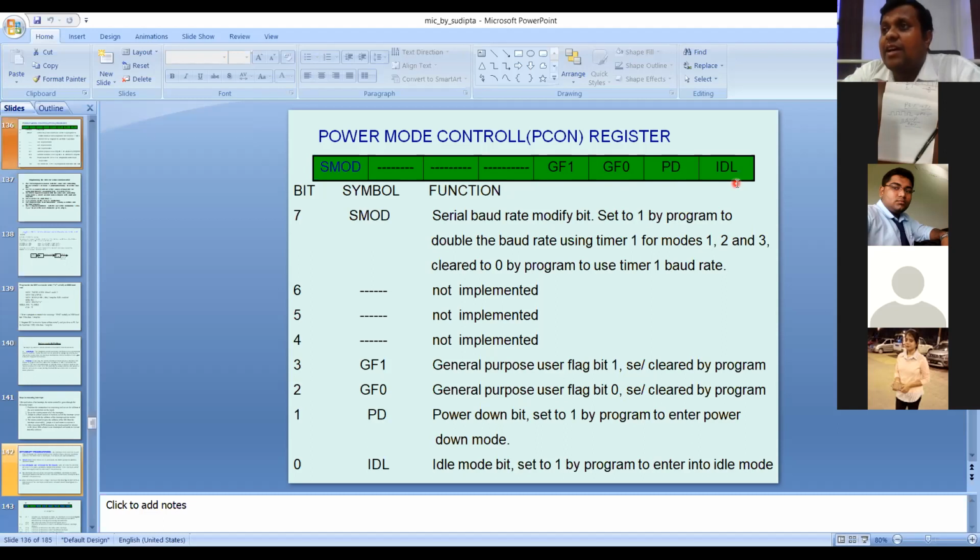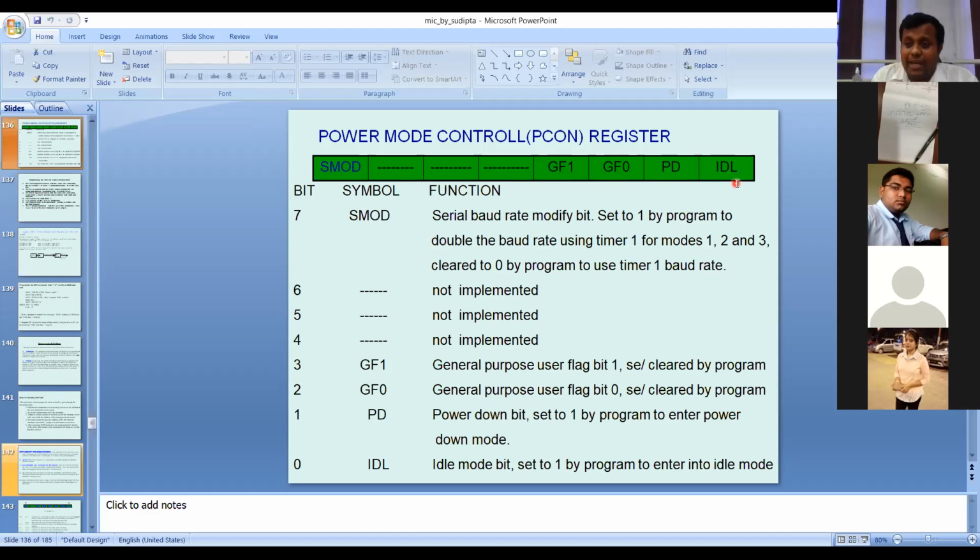But the peripherals are consuming the power, right? Is it clear or not? Yes, sir. For a human being, at sleeping time, this is called idle mode. In the brain, it is not consuming the power, but everybody is getting the blood and the oxygen, so they are consuming the power.